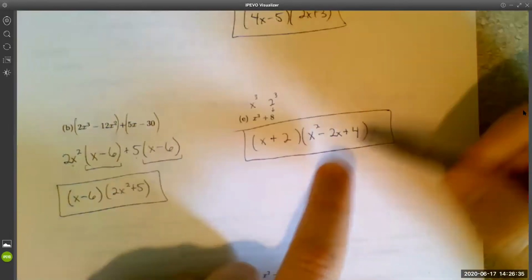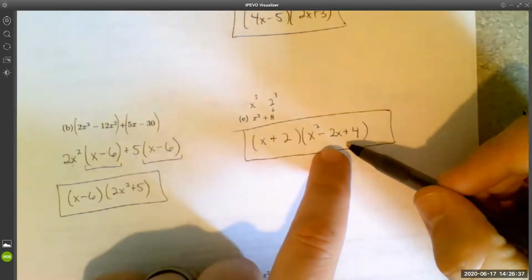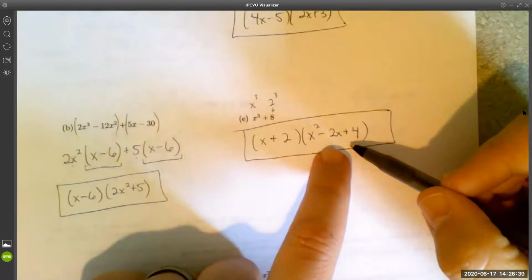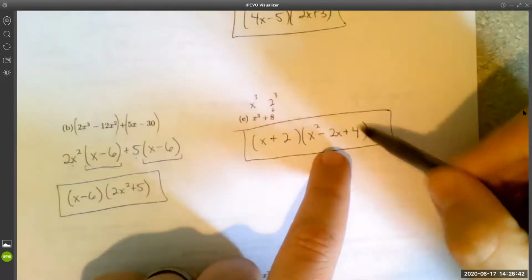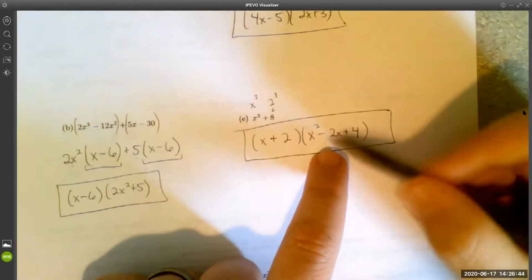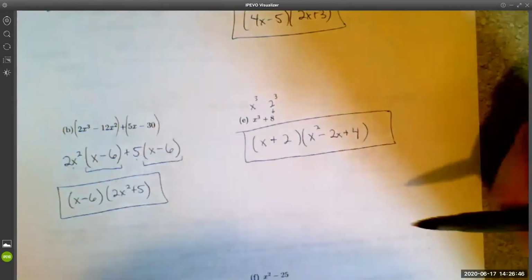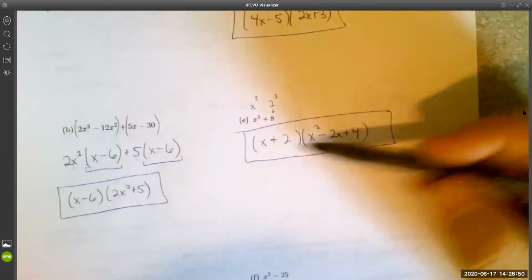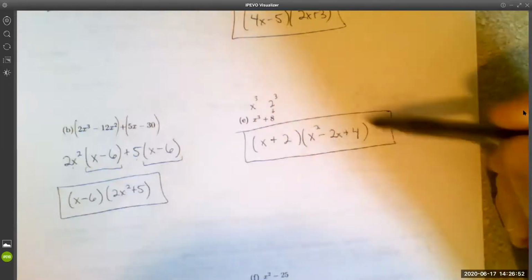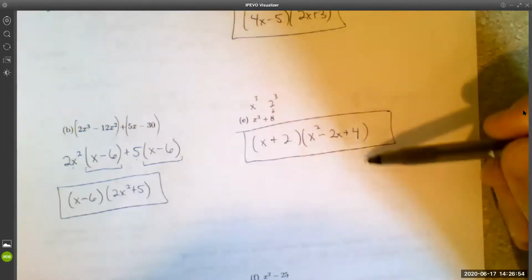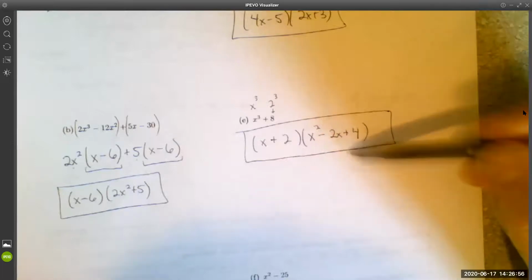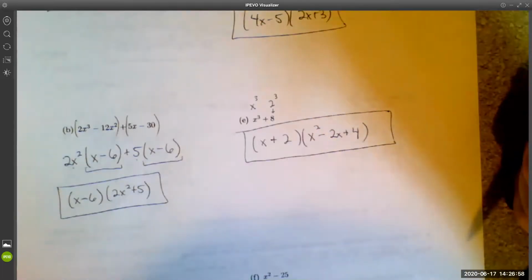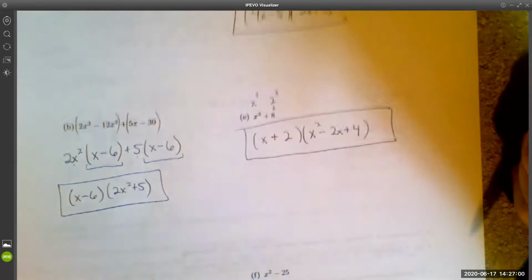Oh, you may be wondering though, can this trinomial be factored any further? You can try, right? You can try to think of 2 numbers that'll multiply to be 4 and add up to be negative 2. It's not gonna work though. These trinomials that you get once you factor a sum or difference of cubes, they can never factor further. So you're done at this point. Okay,